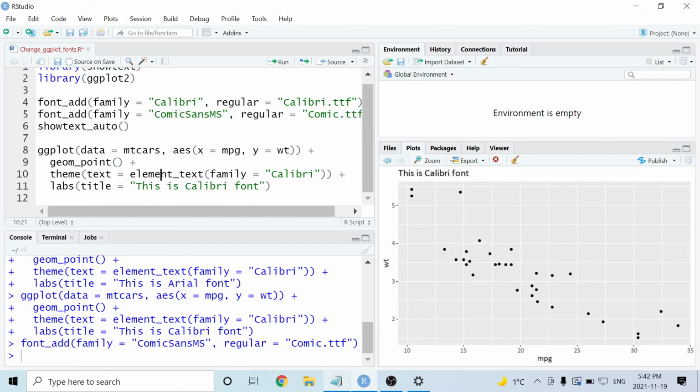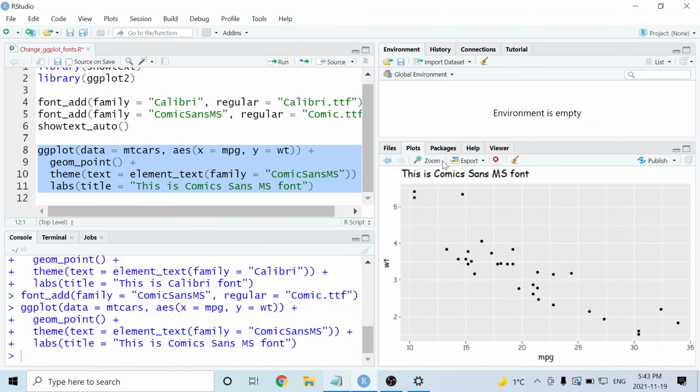So down in our ggplot call, I'm going to change the family argument to Comic Sans MS. Notice that I'm using the same string as what I used in the font_add function. For the title, I'm just going to change it to say this is Comic Sans since we're no longer using Calibri. And if I run this, I get this lovely plot that now has Comic Sans as the font.